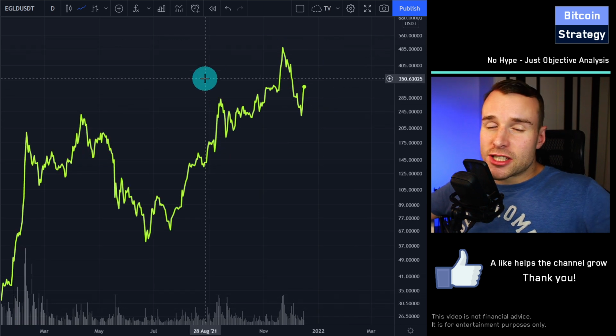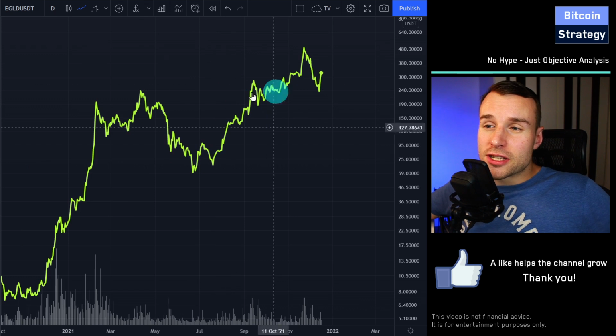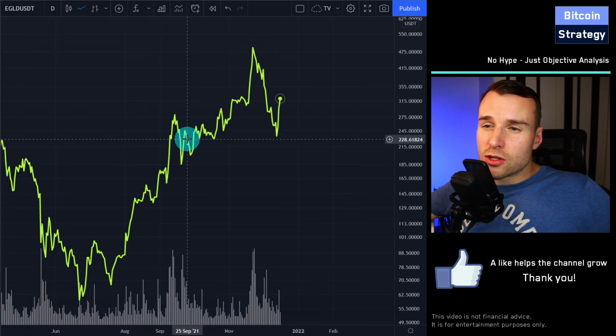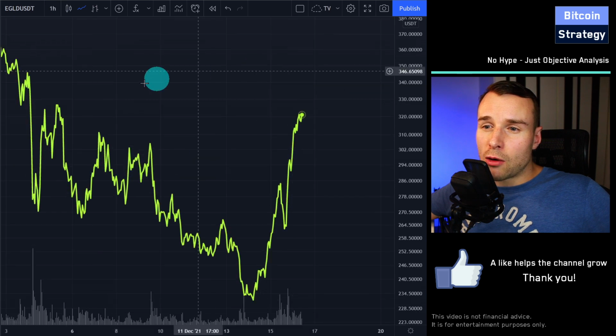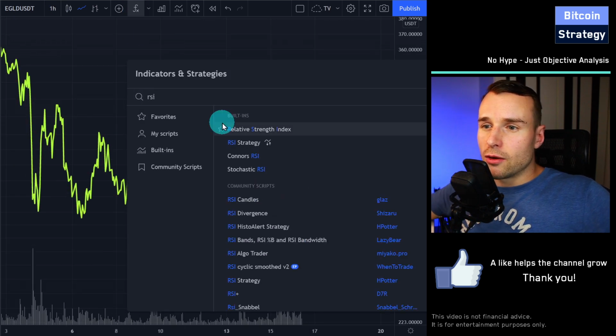Now this is all just technical analysis, and of course you need to have your own fundamental thesis on this as well, right? But if you are considering to buy Egold, what's a good way to find an entry point? I personally like using the hourly RSI. So we switch here to the hourly chart, and then we click here on F and we enter RSI, Relative